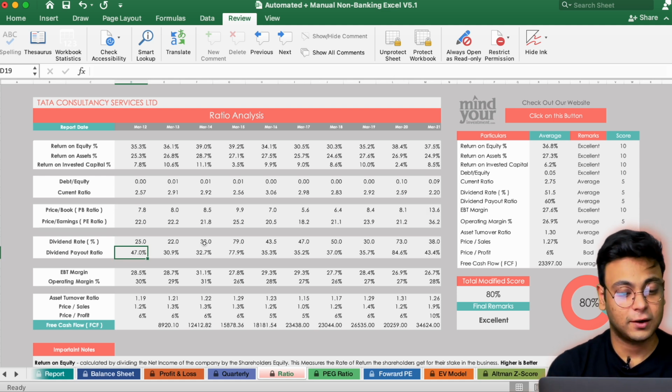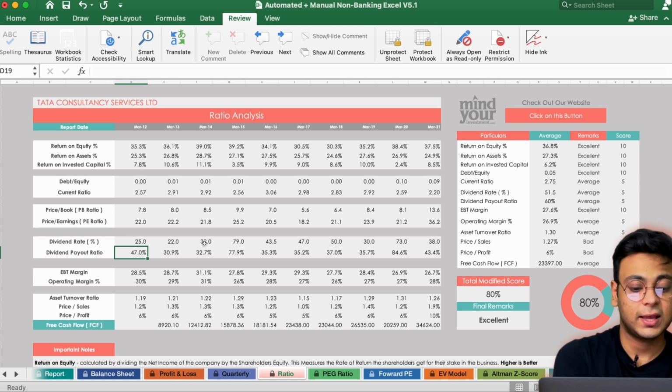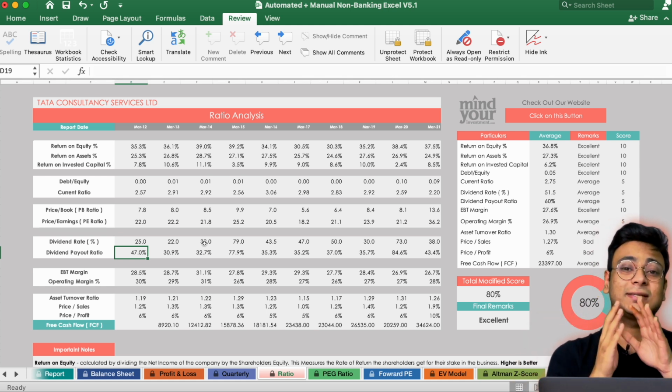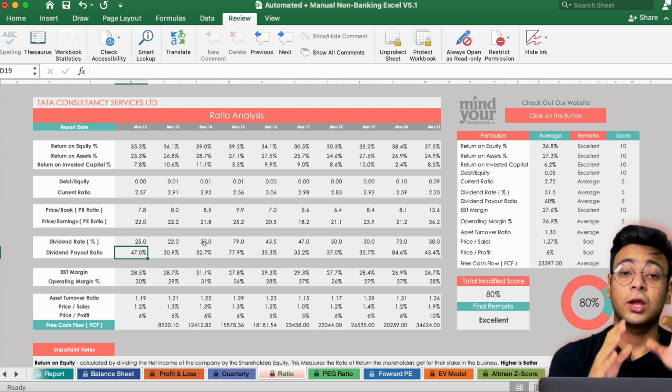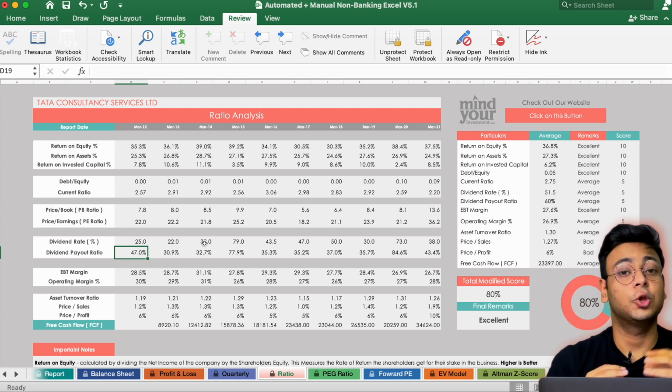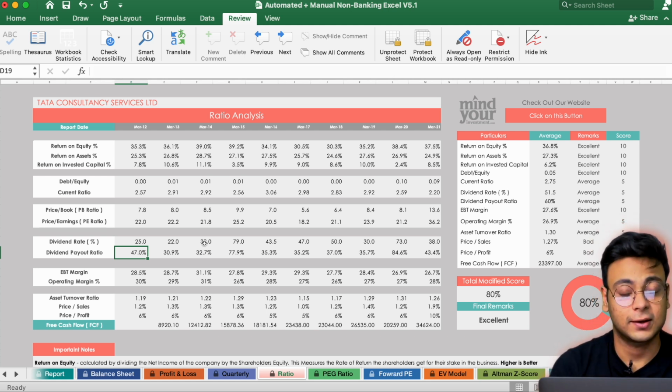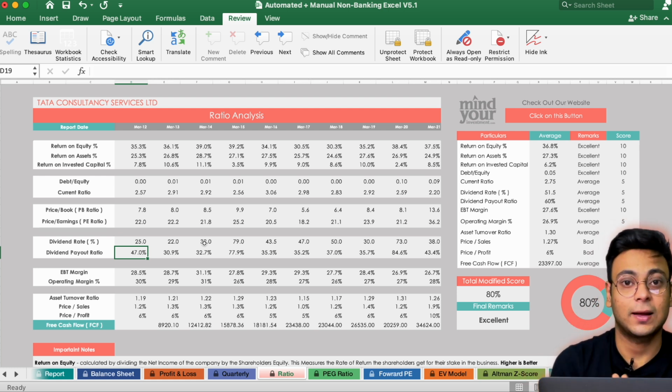Then if we look at the dividend payout ratio of the company, here we can see that the dividend payout of the company has always been above 40%. So this is an indication that the company is giving good dividends every year. For the earnings per share of a company, you are getting a big chunk of that as dividend to your bank account. So this ratio is very strong that we can see in this company.